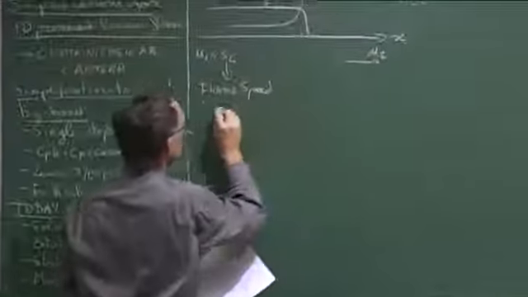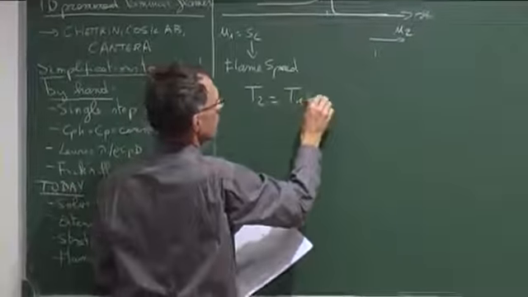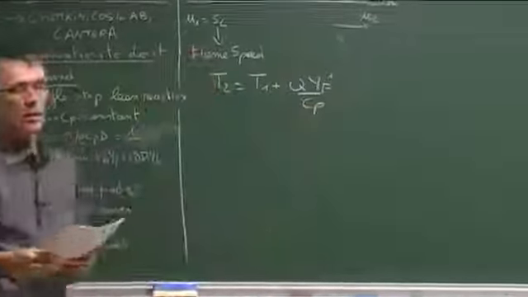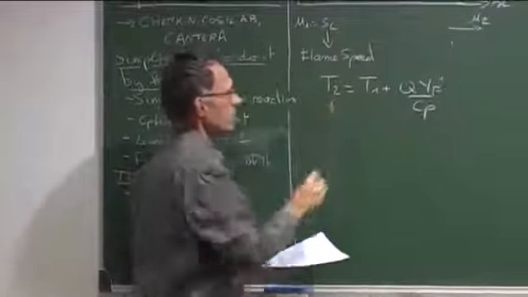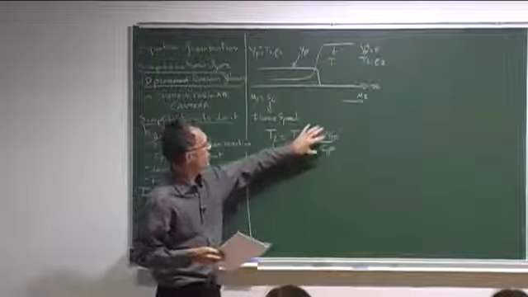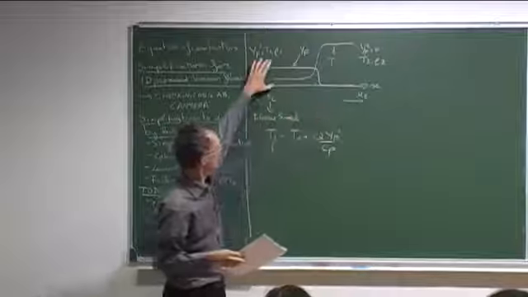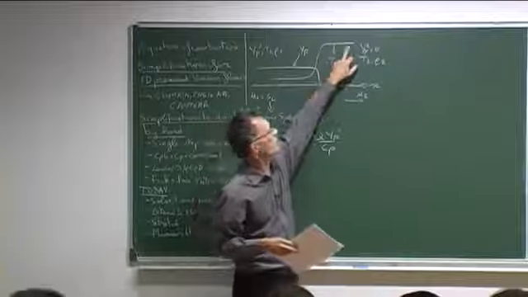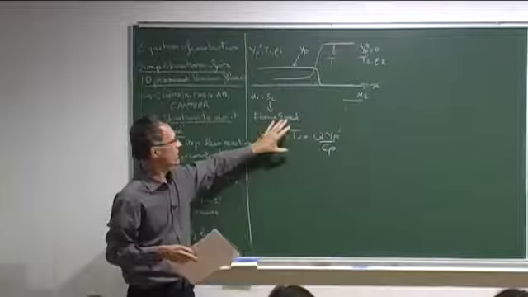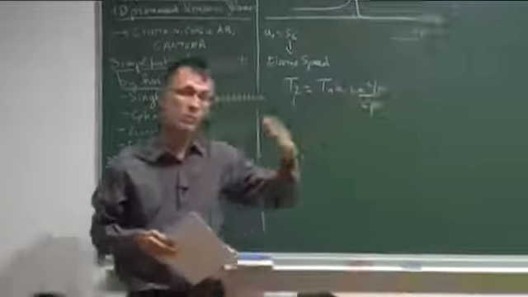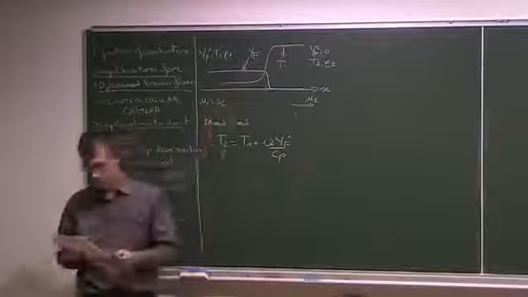So what we showed last time is that the temperature on this side, T2, had to be equal to T1 plus Q YF1 divided by Cp. This is just the adiabatic flame temperature. We could have written this equation actually even before everything else. It just tells you that you have an equilibrium between the initial state, T1. After combustion, you increase the temperature by this quantity and you reach T2, which is the temperature here. So this is, again, simple thermochemistry. We have the initial state, T1, and the final state, T2. But now today we want to see how we go from T1 to T2.